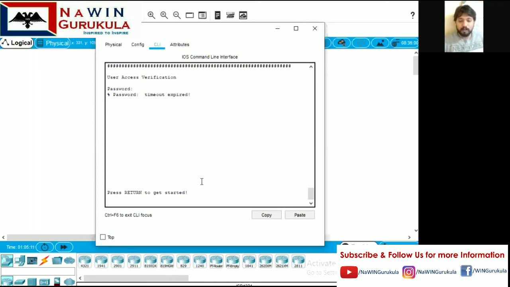Even you can configure the same banner message in Cisco switches also. The process and procedure remain the same, the commands remain the same. You need not worry about it. So I think you have got a couple of pieces of information about the banner message.